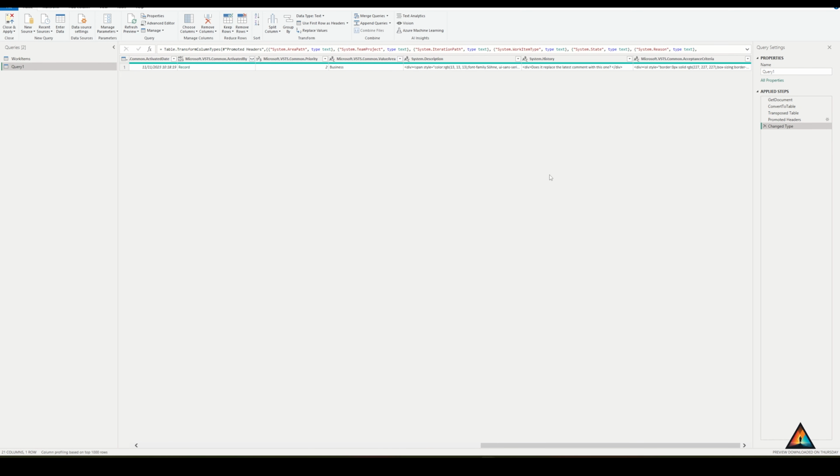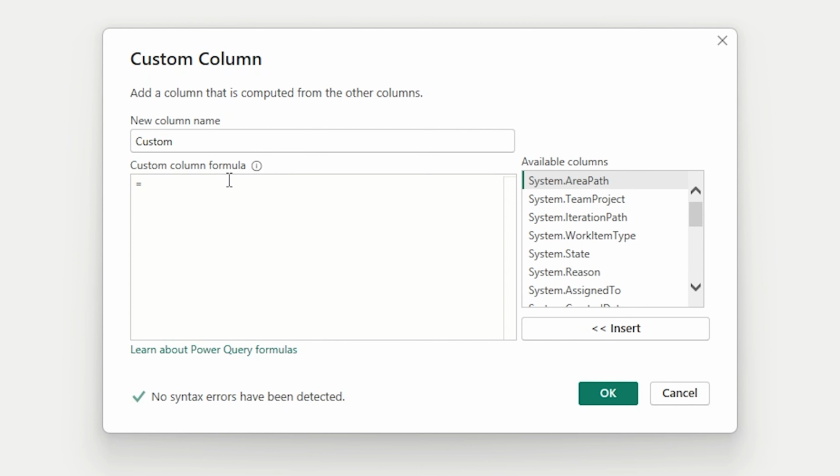There's an approach that you can take to do that. So what we're going to do is come back to the query. We're going to add a custom column like this, and then we're going to use this formula inside of here. So I'm just going to put description plain text. All right. And then in here, I've got this already saved from earlier, there's a little